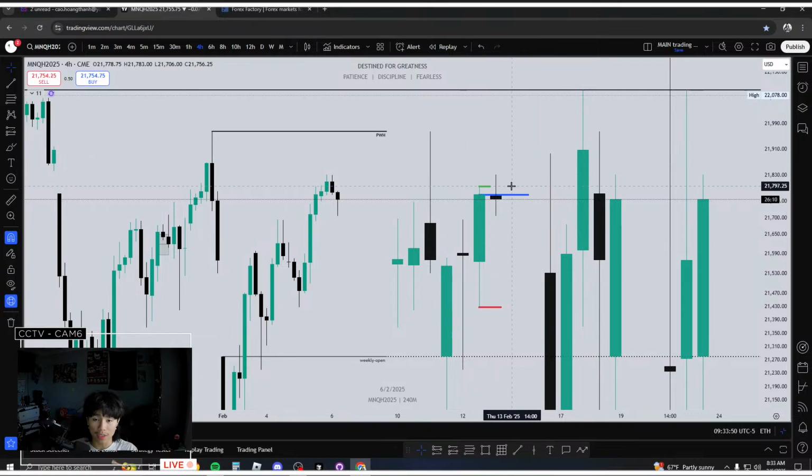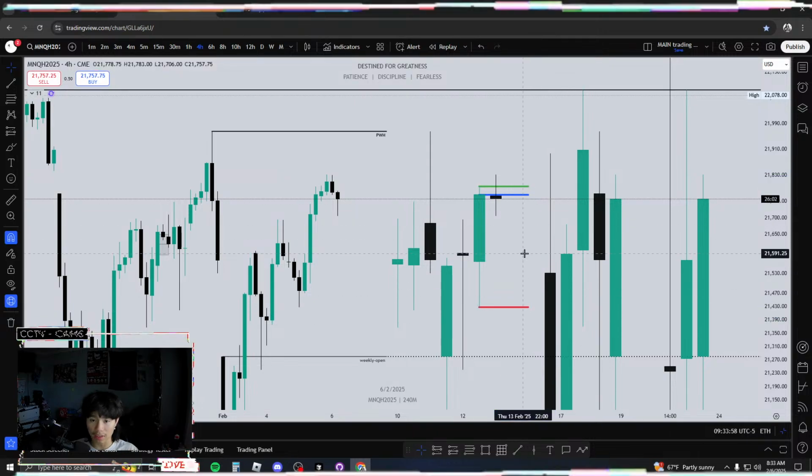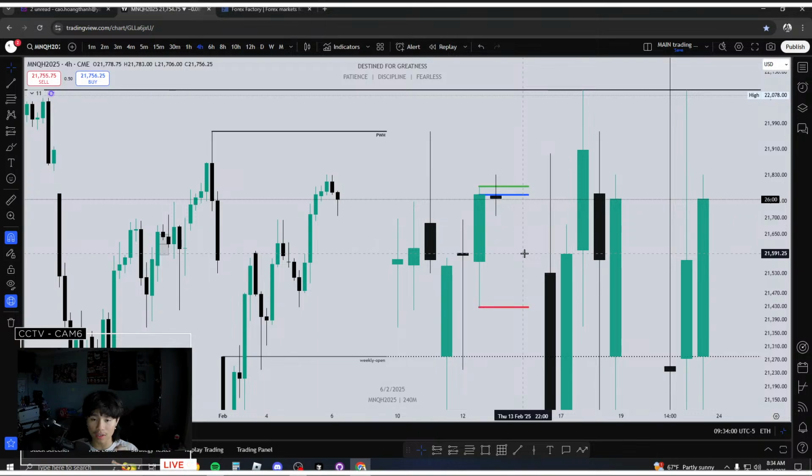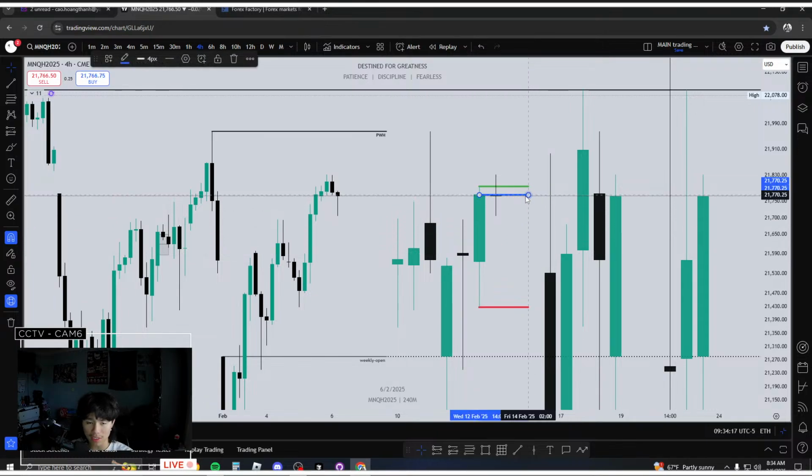Is the blue line closer to the red line, or is it closer to the green line? Objectively speaking, the blue line is relatively closer to the green line, right? So that means that I can anticipate that next daily candle to take out previous day high, just simply based off of that. So it's a pretty easy concept